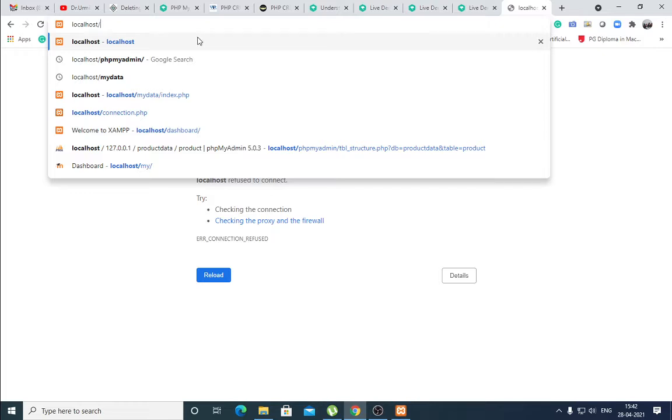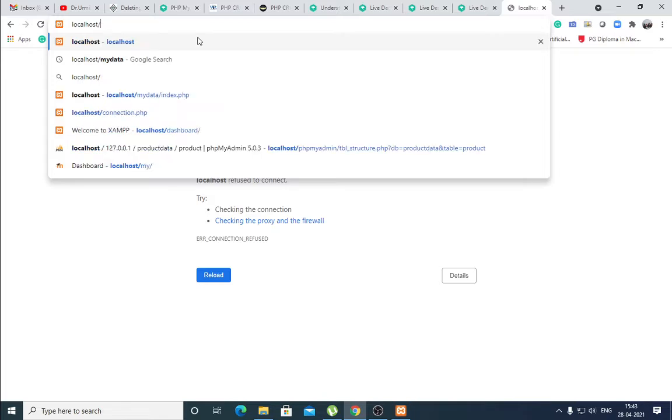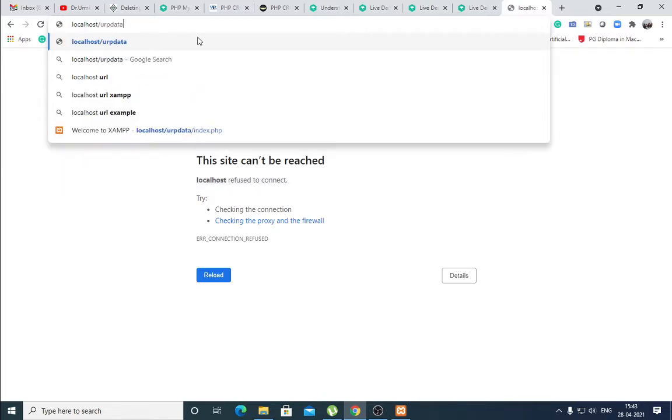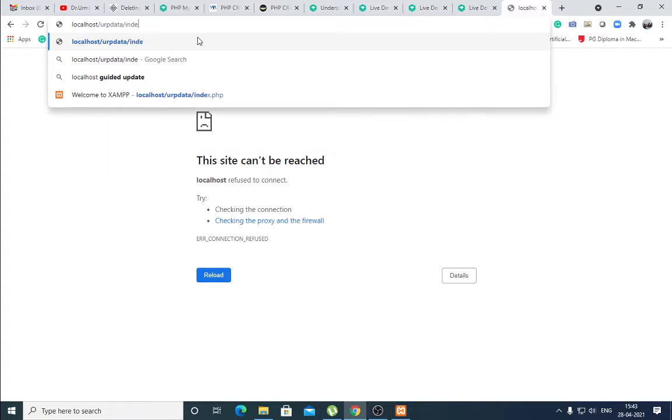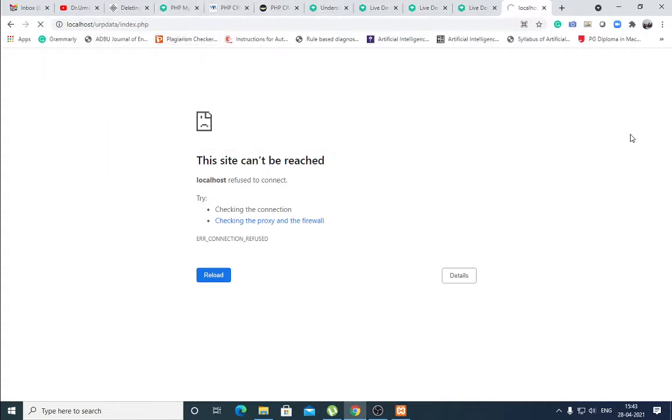Localhost, urp data, index.php. How do I give this localhost urp data index.php?